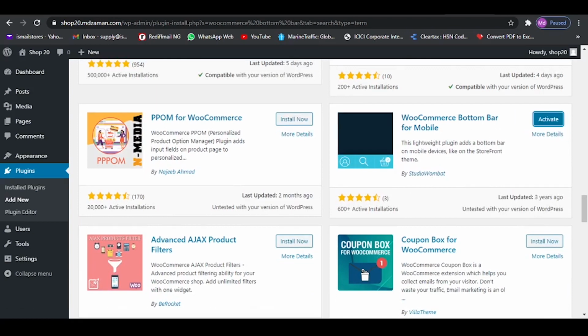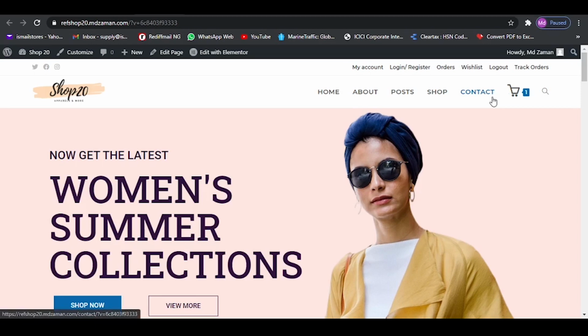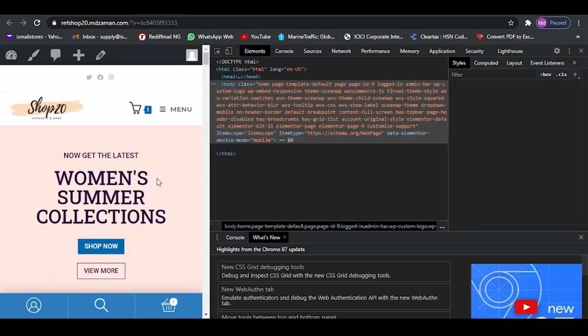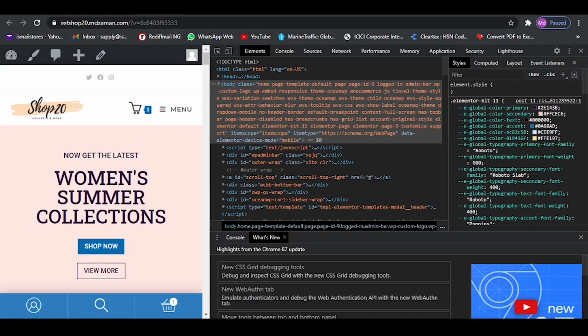Let us go to a reference website and take it to mobile version. On the mobile phone, it is going to look something like this, and at the bottom of the screen you'd find this footer bar. This has got the search option and the cart option. This makes our website very easy for us to browse and gives us an app-like experience. Let us go back,